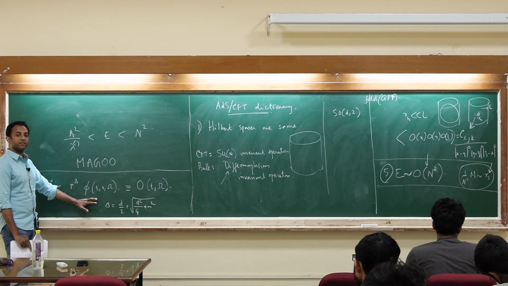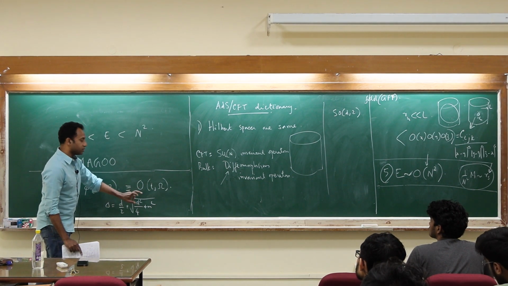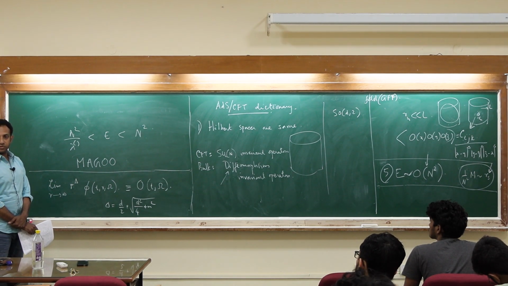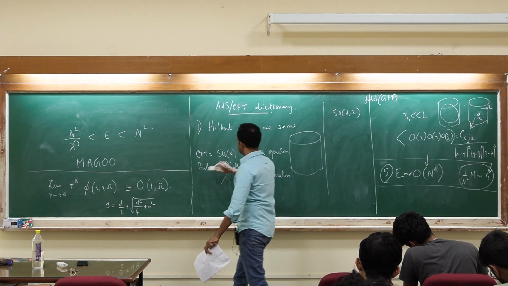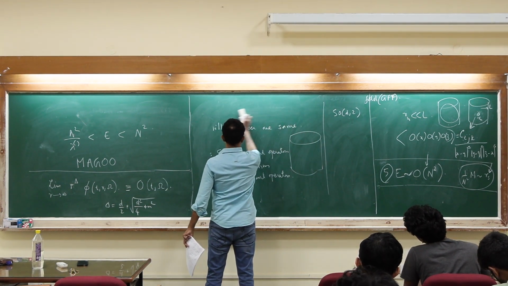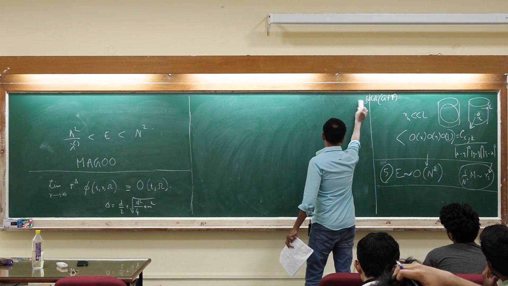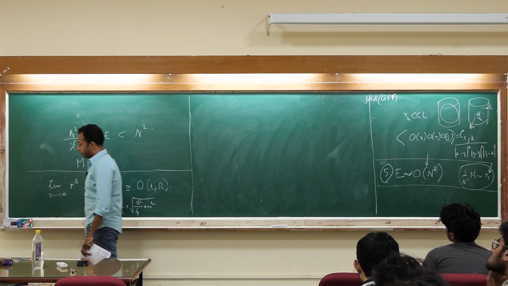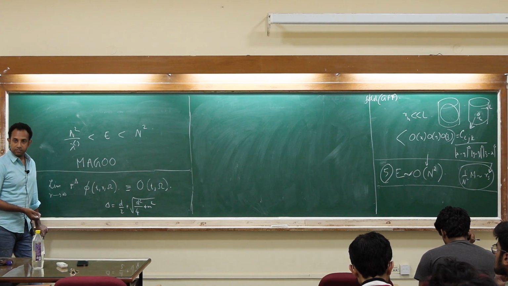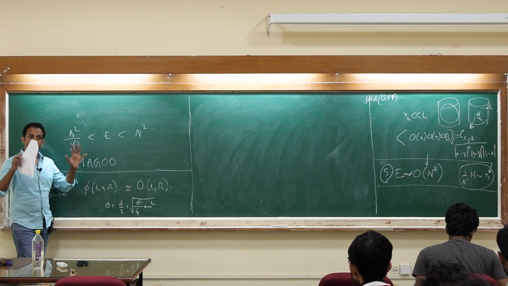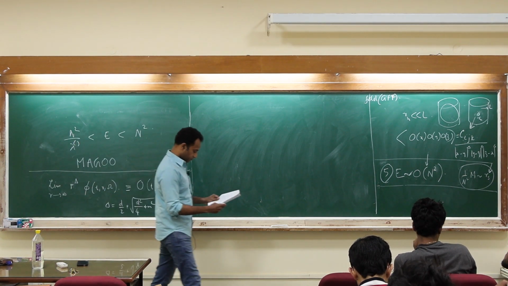So if you take the bulk value of a scalar field of some mass m, that corresponds in the boundary theory to some operator which is of this form. Okay, so there are a couple of caveats which we will emphasize as we go. Note that this statement is really for Lorentzian AdS. So it's really the AdS that we are interested in for black hole purposes and all that.